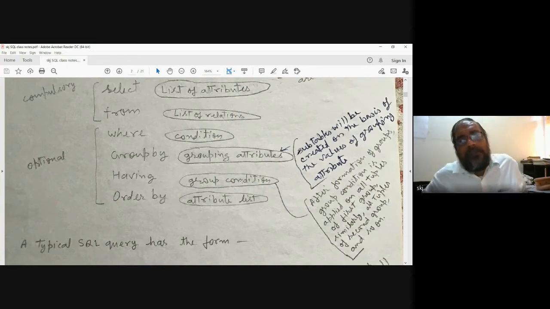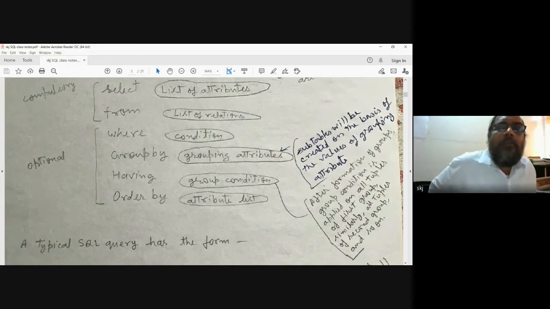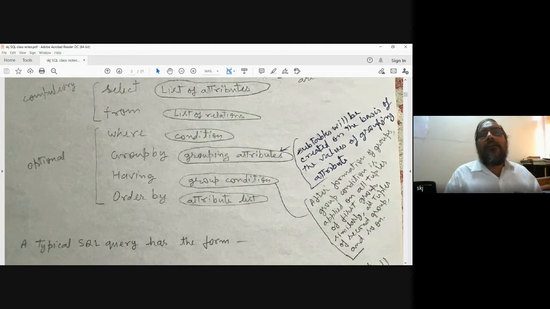So there are syntactic rules of writing a query. So here we write select, and here is written the list of attributes. When we write a query, we want to retrieve data. So in our result, what will be the column names, what will be the attributes? Those attributes are listed here in the select clause.